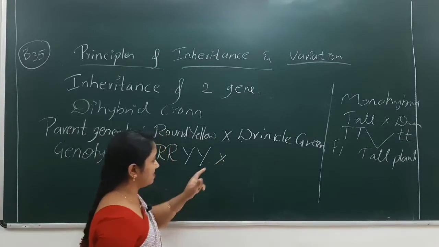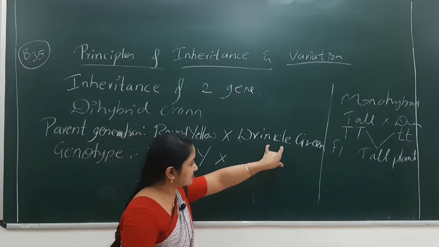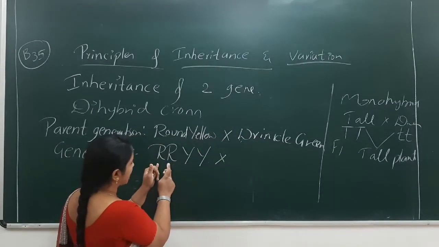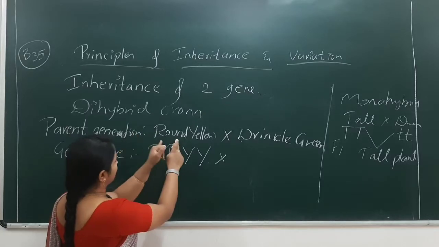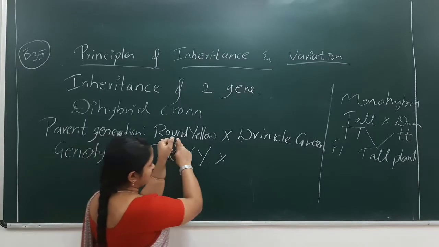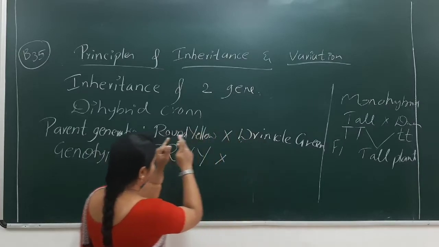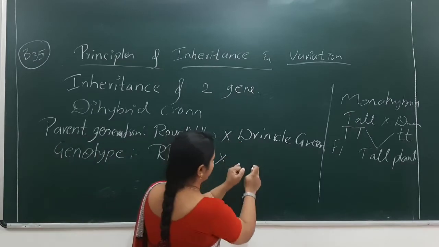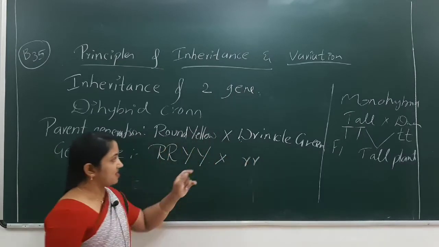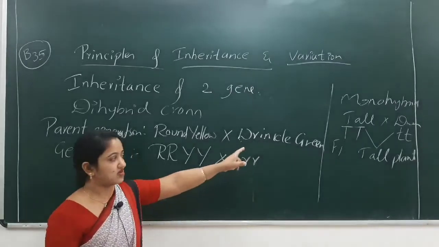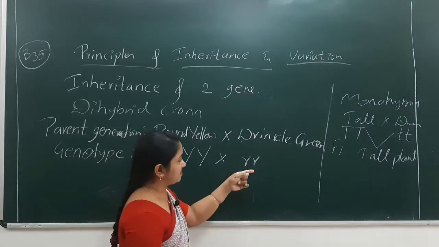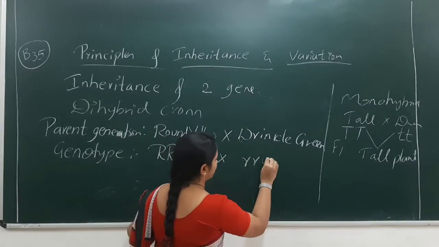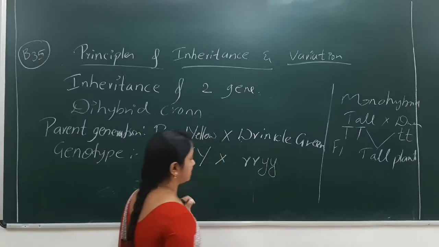Meanwhile, you have to take the recessive gene, pure line. For round, the shape of the seed, the recessive trait is wrinkled. It means if we have taken capital R over here, we have to write small r for the wrinkled trait, which indicates the recessive gene of the shape of the seed. So now for green, what should we write here? We have to write small y.